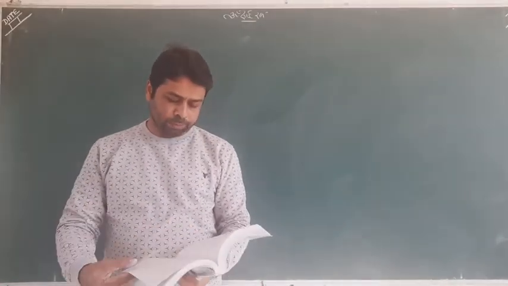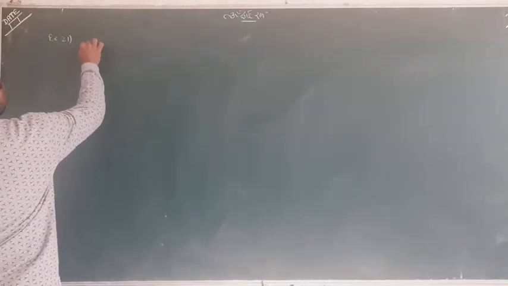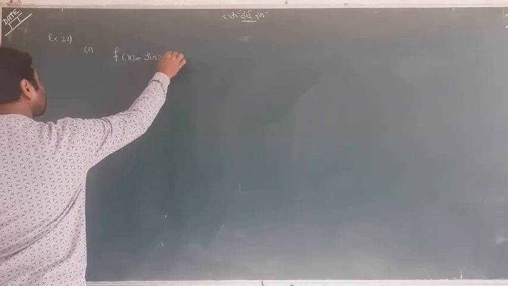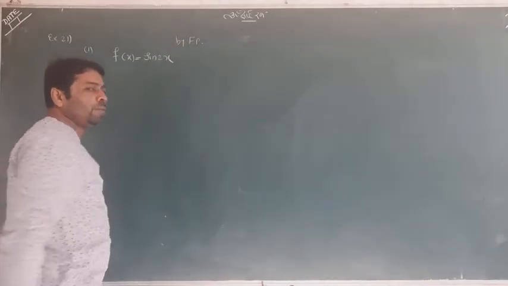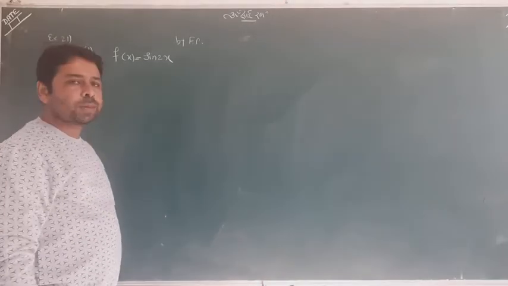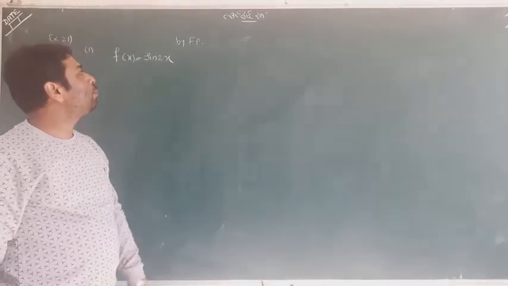So, first of all, we go with example number 21. The first one I am taking, because the second I have already told you: f of x equals sine 2x, and we are told to find the differentiation. I am telling you the differentiation by first principle. Even though it is not told in our question, we are helpless, because sine of x we know, but sine 2x we don't know. So look at it by first principle.